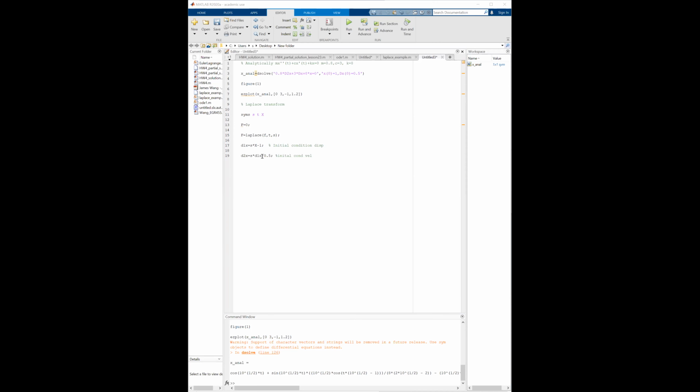One thing I want you to note is that I have d1x, which is the velocity, and I'm multiplying this by the term s. And I have the initial condition on the velocity, which is 0.5, that is over here. Please note that these initial conditions are exactly the same as the initial conditions that we have when we solve the